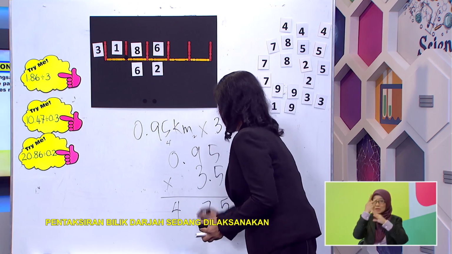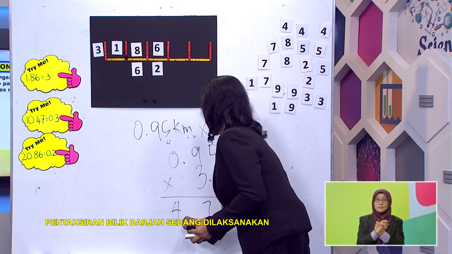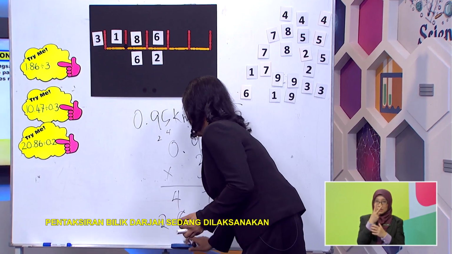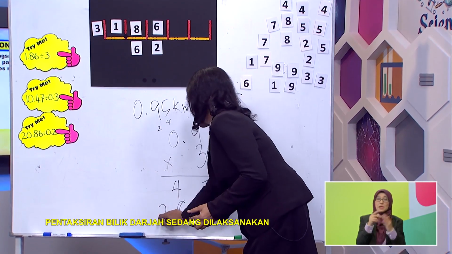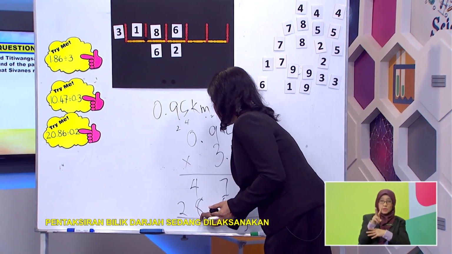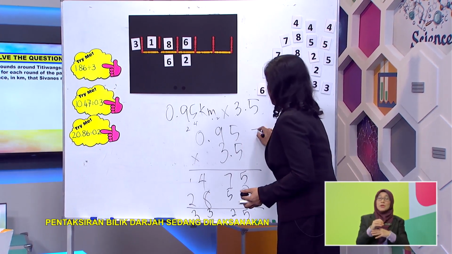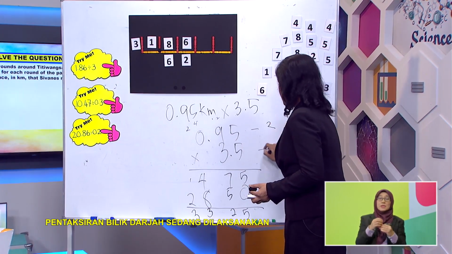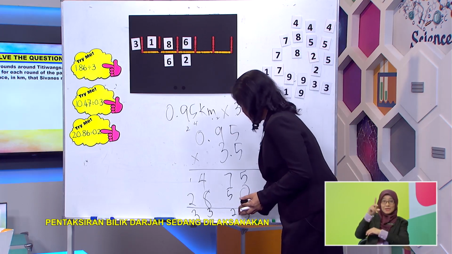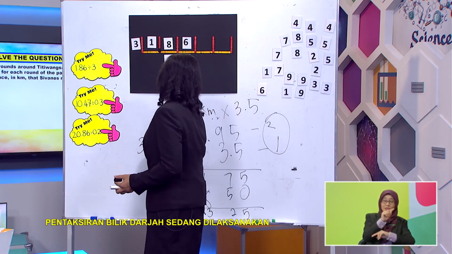0 to be on the safe side. 5 times 5 is 25, 5 times 9 is 45... 15, 5, 1, 9, 3, 27, 28. 8, 2 up, so bring down 2. Okay, so we have 5, 7 and 5 equals 12. Bring up 1, 12, 13, 3 point and 3. So this is 2 places. This is 1 place, right? So altogether is 3. So 1, 2, 3. So the answer is 3.325.